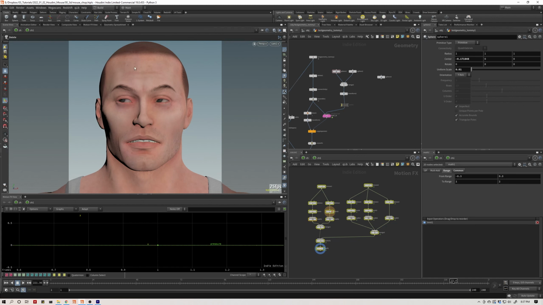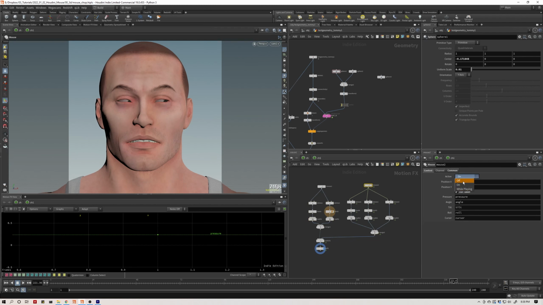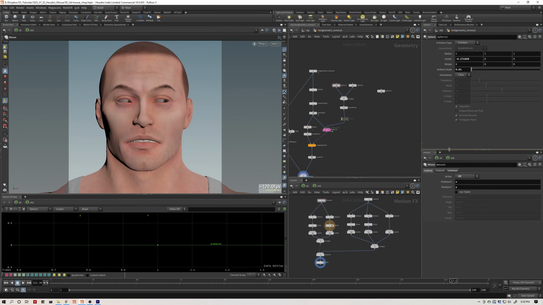So what I'm doing is driving his eyes with the X and Y position of my tablet's position, my cursor's position being driven by my Wacom tablet, and his eyes are just a blend shape that is being driven by the pressure of my pen. So let me pause these, make sure I got these turned off,